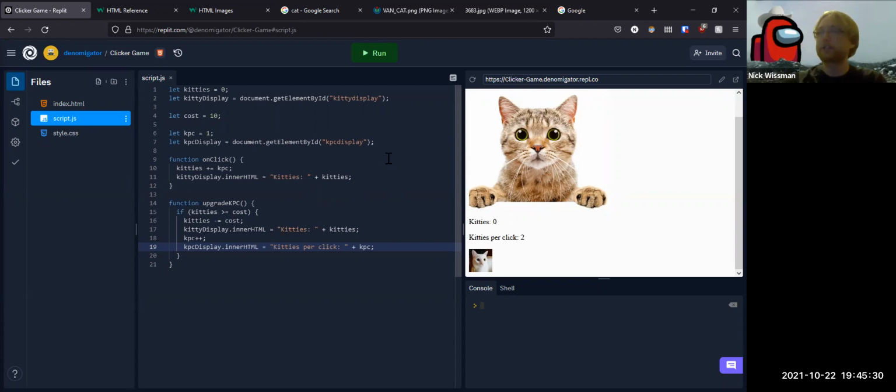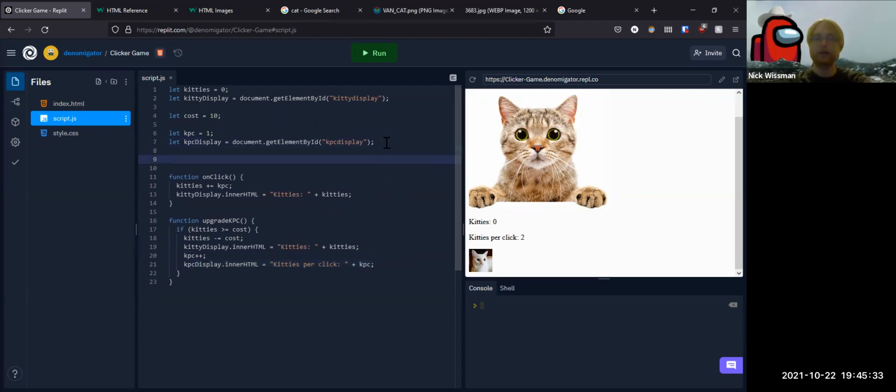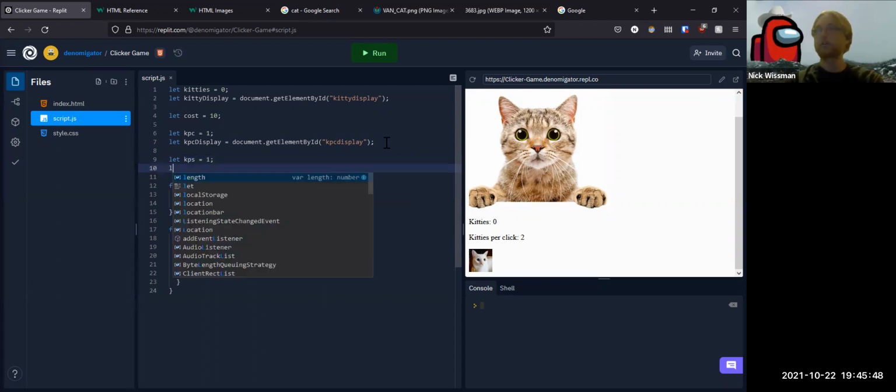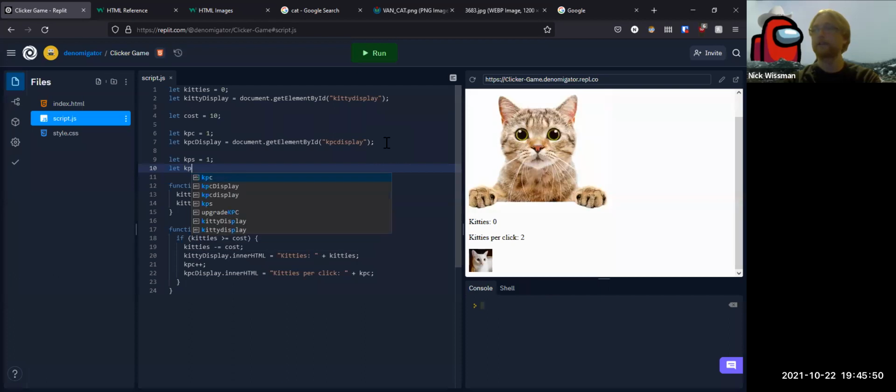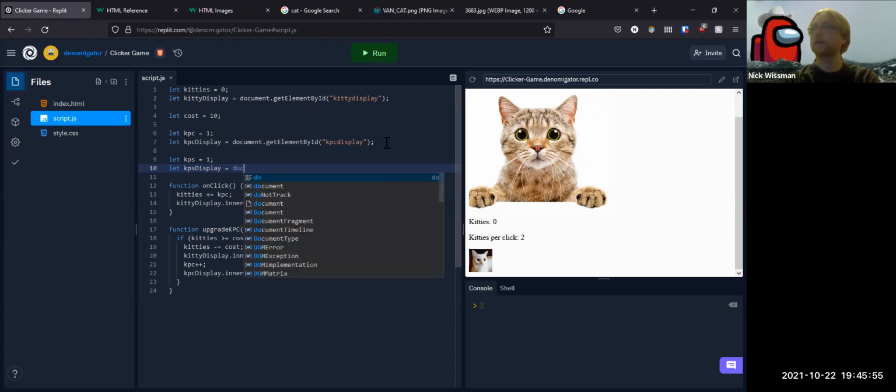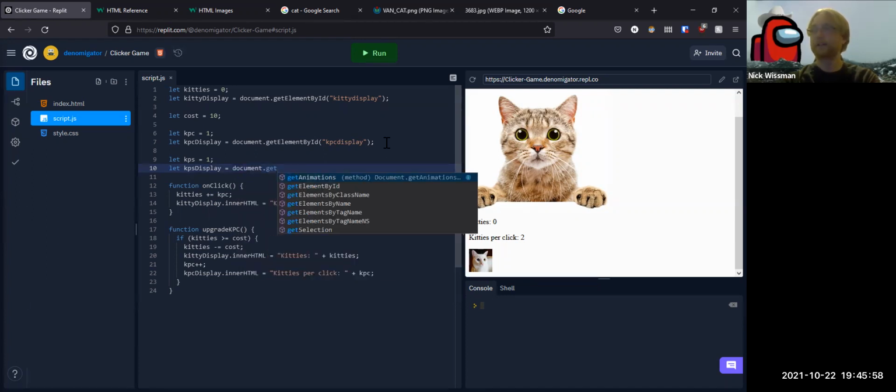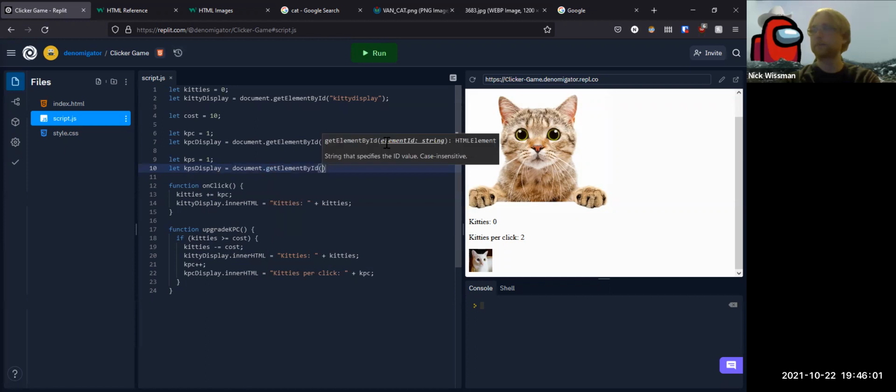And so the first part is going to be a lot of repeat, but it shouldn't take us that long. So I'm going to say let kitties per second equal 0 to start. I guess I'll start out at 1 just so we can see it in action right away. And I'll also, since we know we're going to use it later, have the kitties per second display equal document.getElementById. It doesn't exist yet, so I'll need to make sure I put it in. But I'm just going to call it KPS display,